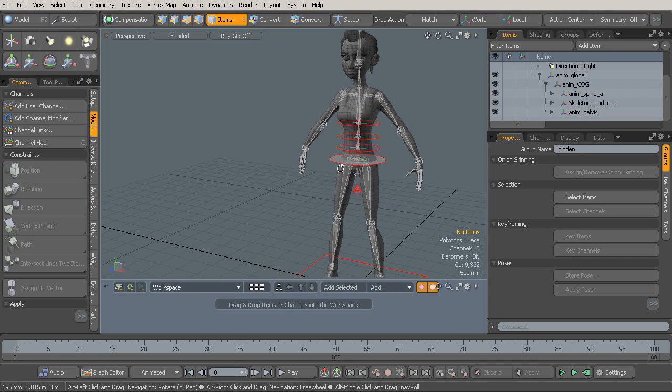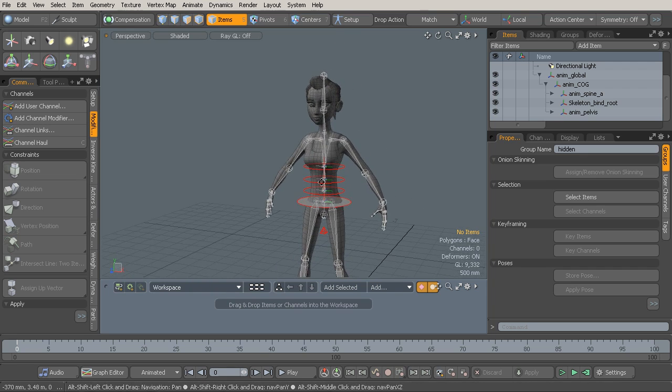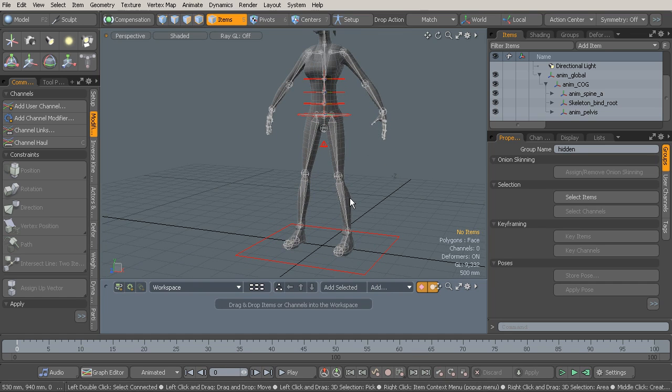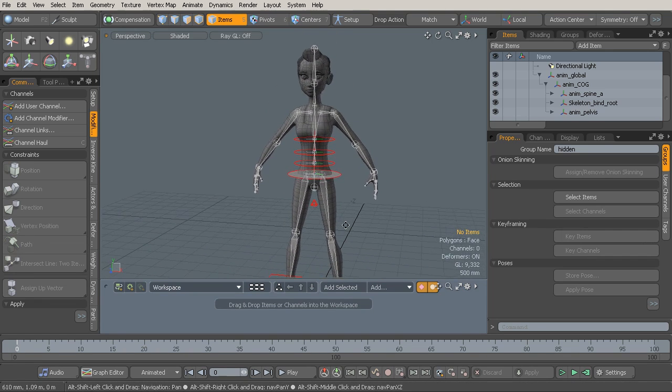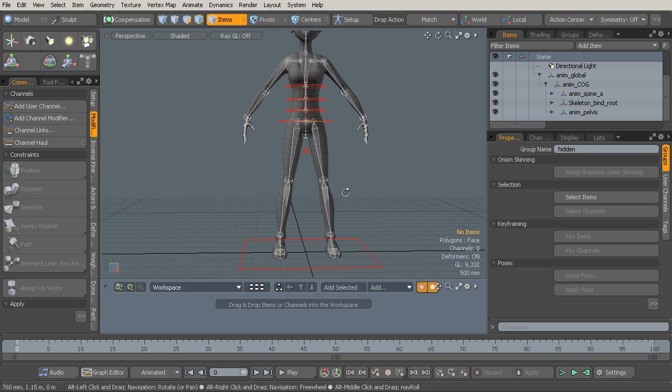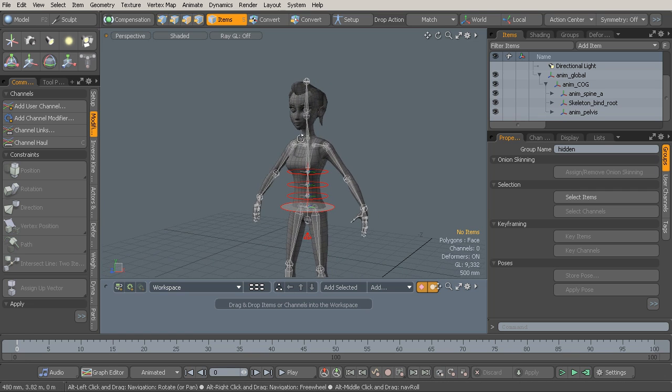Let's say we go ahead and move to another area that is going to be less challenging before we get to the limbs, because remember, the limbs are going to require a bit more work, especially when we start to set up our foot roll. So before we get to the legs, I'd like to go ahead and show you how we'll rig the neck and head, because we'll use that technique